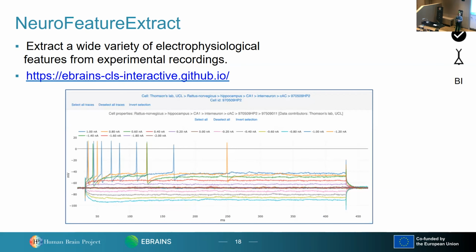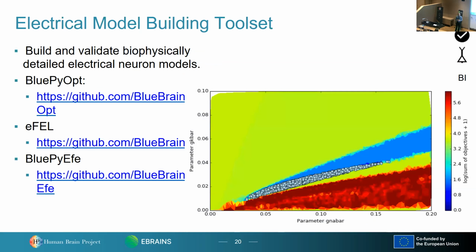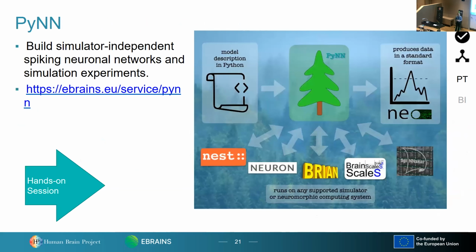A tool for extracting features from recordings, like the height of the spike, the width of the action potential, and so on. A tool for building Hodgkin-Huxley-based neural models in your web browser. A suite of tools and libraries which let you build, in a principled workflow, biophysically detailed, biologically constrained neural models, and compare and validate them against experimental data.